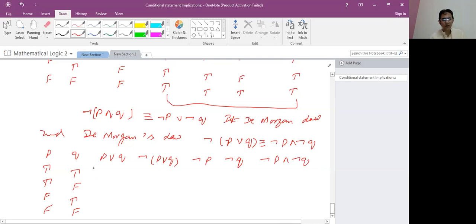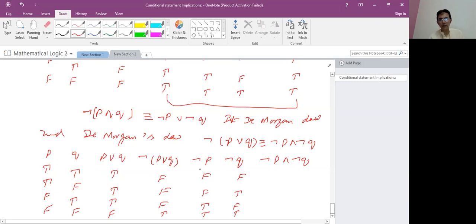When we apply the addition operation, or, here: true, true means true, true, false is true, and false, false is false. The negation of the whole column is false, false, false, true. The negation of P, the negation of the whole first column, is false, false, true, true. The negation of Q is false, true, false, true.